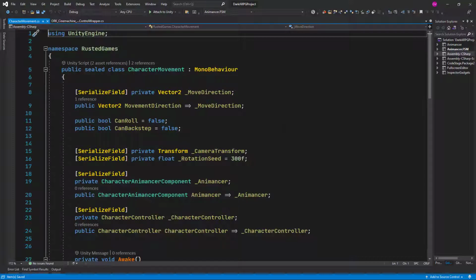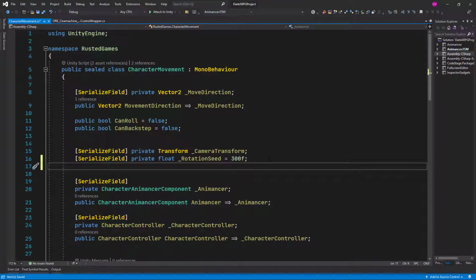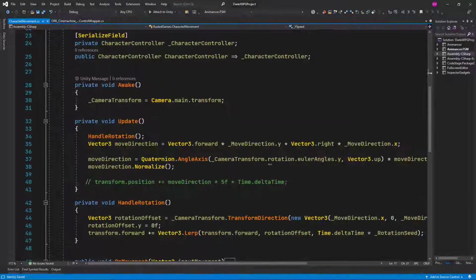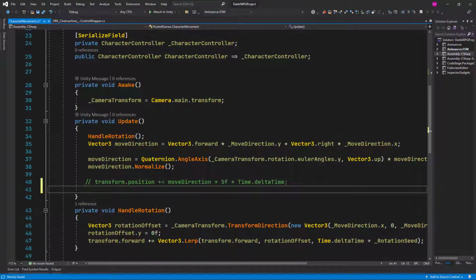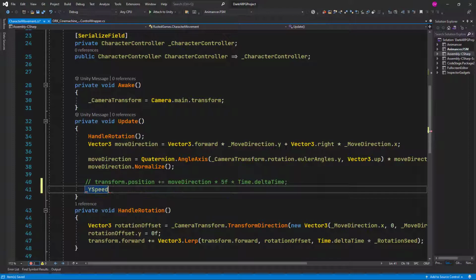Around here, below the rotation speed, let's add a variable to store, so private float, and let's call it Y speed. Then scroll down until we see the update method, and here on each update we want to set the Y speed